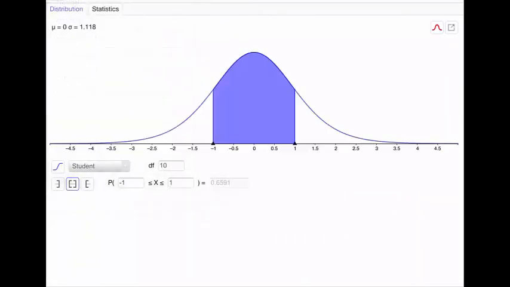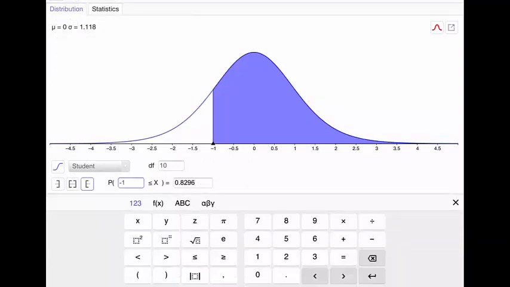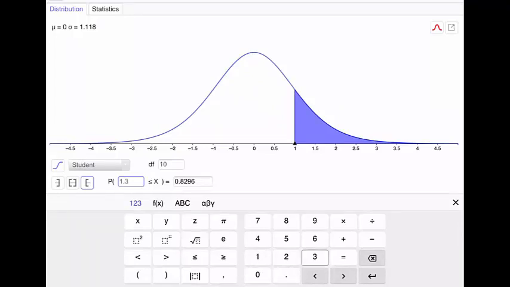Okay, student t distribution. We don't have to change the degrees of freedom. Again, have that bracket open to the right, but then this middle box down here. So again, go with that 1.3373 and click back there to the right. There you can see it's slightly more than 10%,